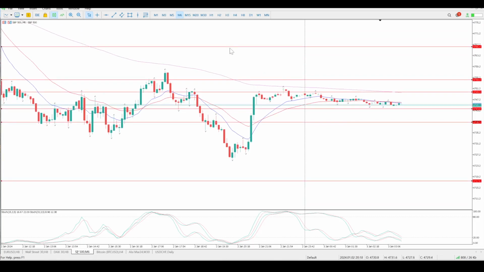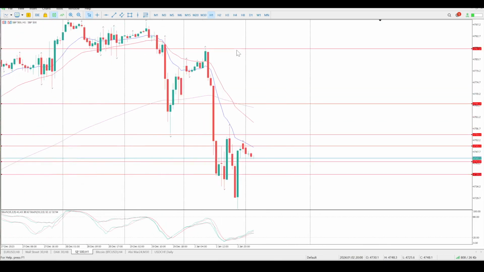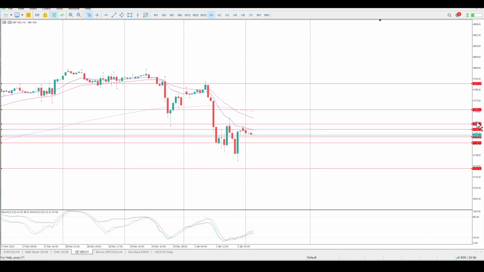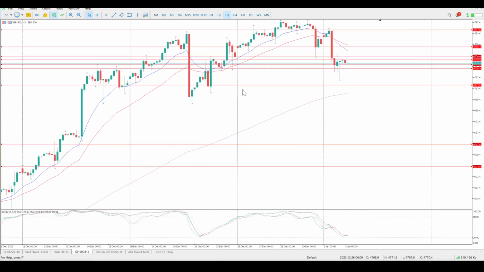Anyway, guys, that's my view at the moment. It is looking extremely complicated. So no clear-cut direction just yet. But if we are going to continue to the downside, which is kind of what a lot of people are expecting, then, you know, I would expect us to break through all these levels, this last line of defense here at 47.17, and then I think 4700 would hold us up. So I'm still a buyer. I'm still a net buyer looking for opportunities. Just want to get the right opportunity so we don't have to take any stops.